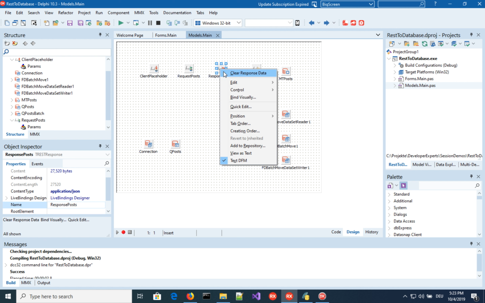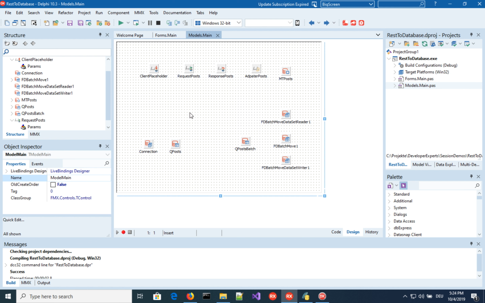And that's the reason why it actually has a button, Clear Response Data. So this already knows about the data that we are pulling from the REST API. Okay, this is still in the IDE, and we didn't do any programming so far. So how would I get this response data, this JSON, which is still somewhat of an abstract thing,